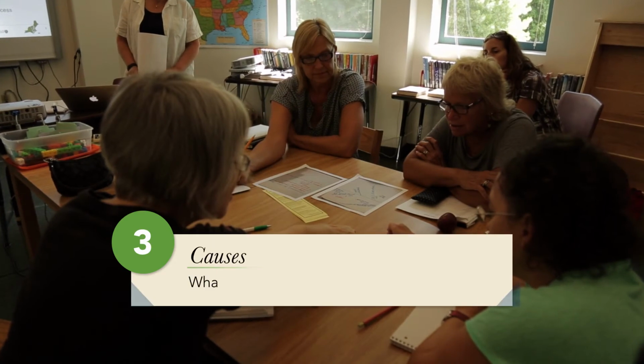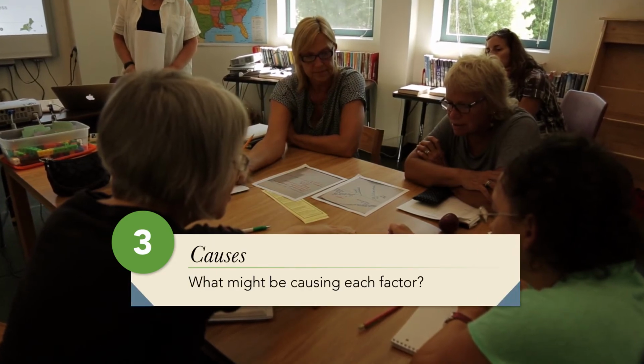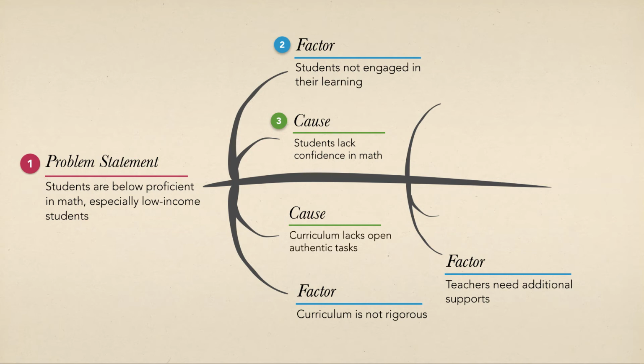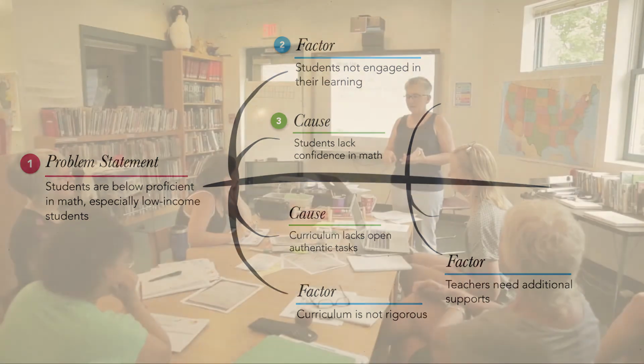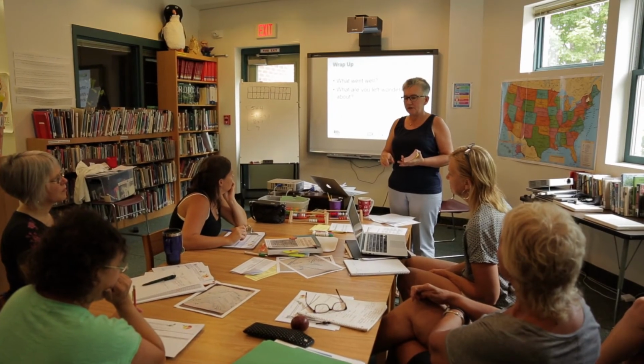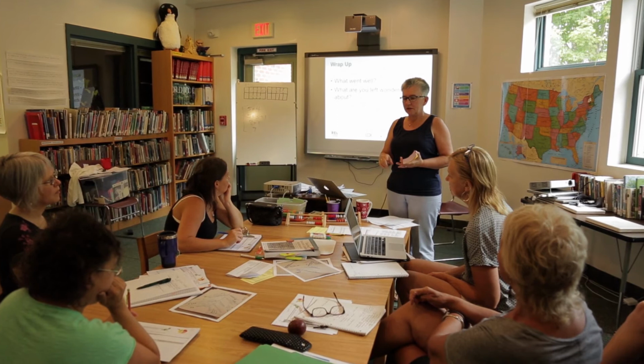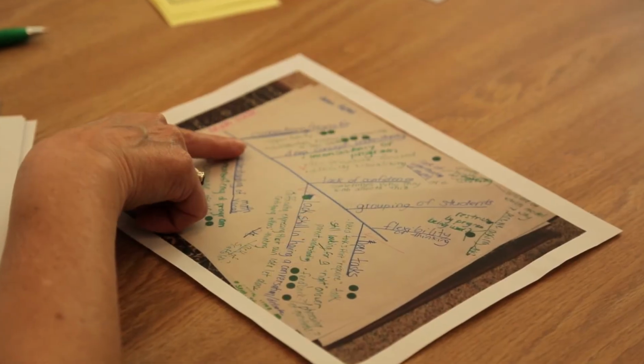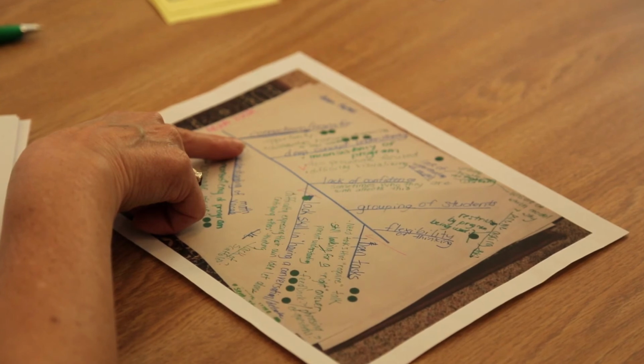Then the group brainstormed specific causes related to each factor. For example, a cause of students not being engaged in their learning is a lack of confidence in math, and a cause of the curriculum not being rigorous is that it lacks authentic tasks. In this way, the team unpacks the problem by beginning to examine the factors contributing to the problem and getting at the root causes. This helps the team to focus on why the problem occurs, not just the symptoms of